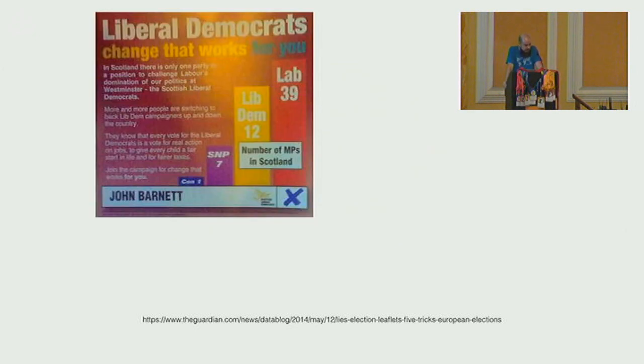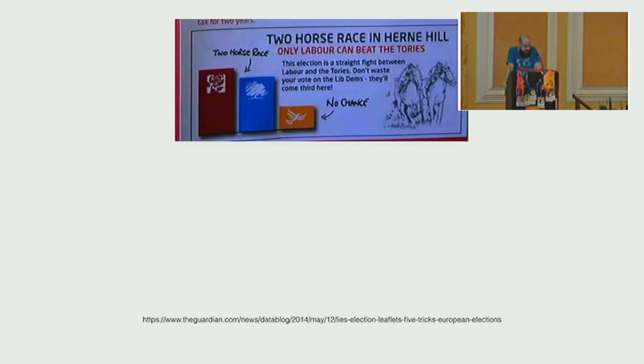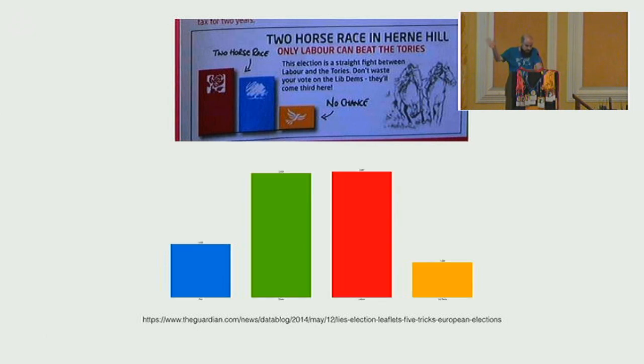This is from the Lib Dems. According to the graphic designer of the Lib Dems, 12 is very, very close to 39. So if you normalize the chart, you can see there's a much bigger gap here. And then finally, on the Labour side, again, same story, first past the post, so you don't want to waste your vote on the smaller party. It's going to be a race between two horses. And that's true. The problem here is that they forgot about the second big horse, so literally they removed the bar related to the Green Party here, which happened to be more or less on par with the Labour. So you can see, there's misdirections in all parties, essentially.